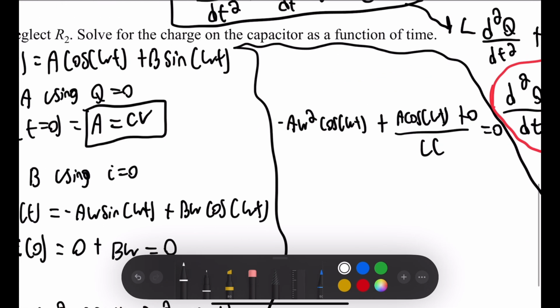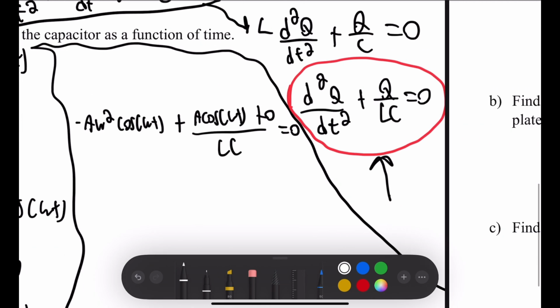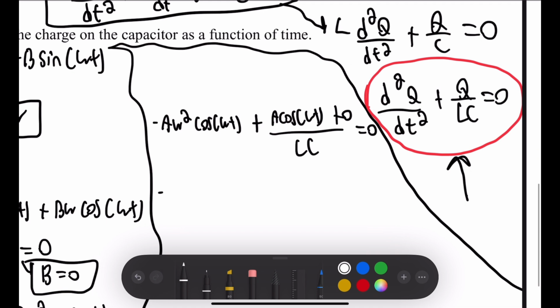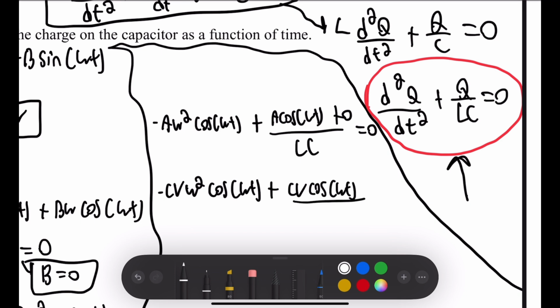Now let me plug in what I found for A, which is just CV, so negative CV omega squared cosine omega t plus CV